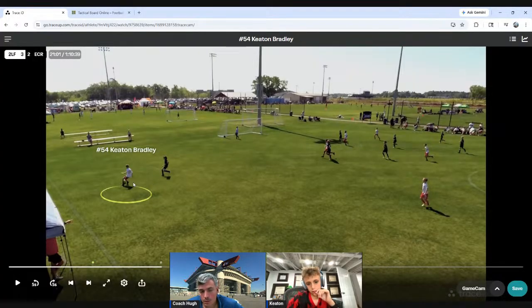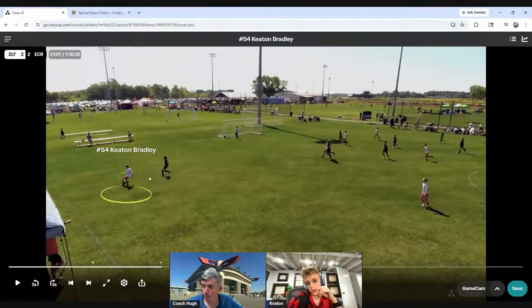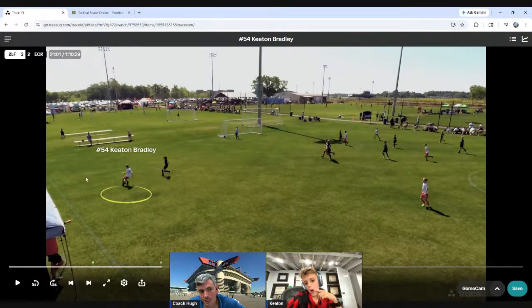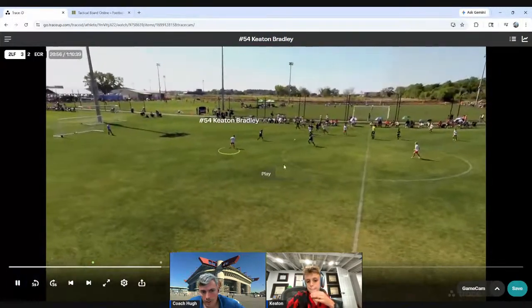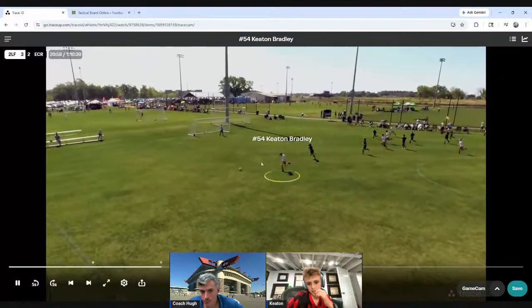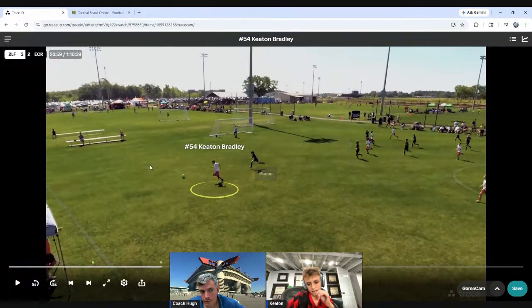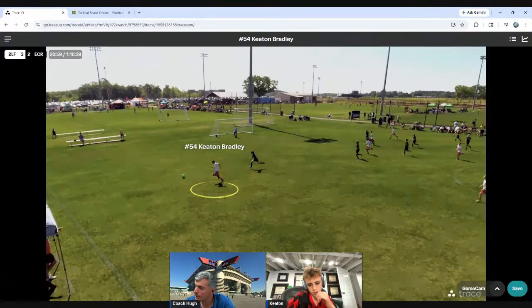If I were you, I would be approaching this, maybe protecting it with my back, or with my first touch, take it into space. Don't try to take a control touch. His run, notice the line of his run. He's running this way. So if you quickly knock it down the line, he's got to reposition the angle that he is approaching you, and you have the advantage.